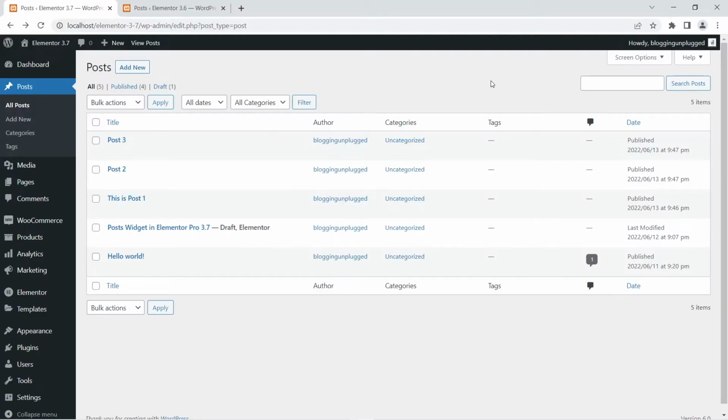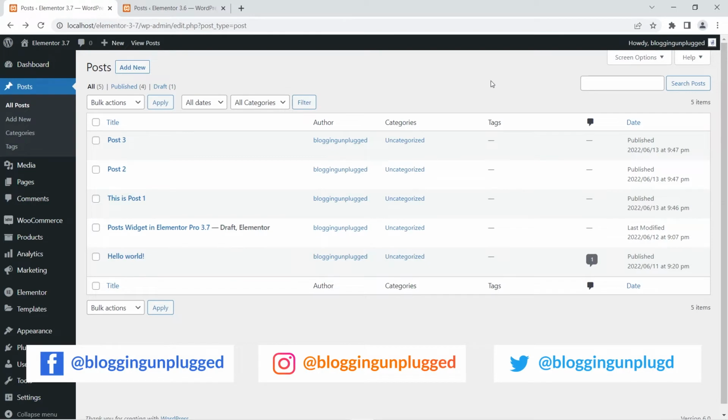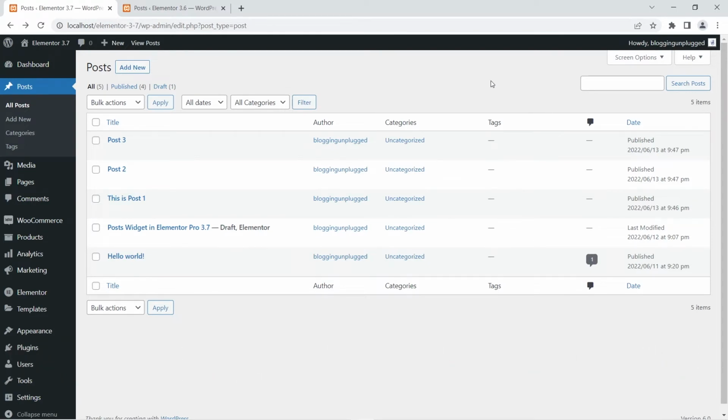Now after the nav menu widget, the next set of changes have been introduced to the post widget in Elementor Pro 3.7. Now the first change that we are going to discuss is the introduction of automatically align buttons in the post widget. Now if you have been using the post widget to showcase posts in any of the pages or existing posts, then you must be familiar with the fact that at times the read more buttons do not